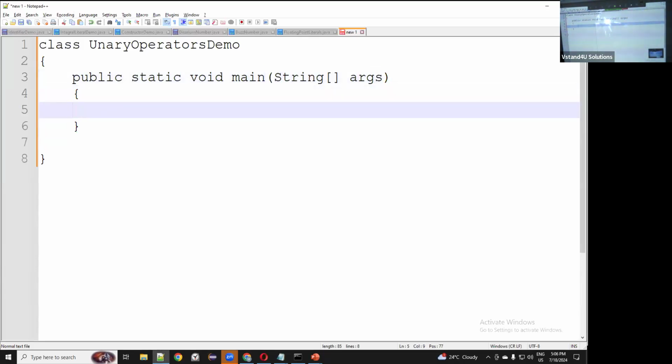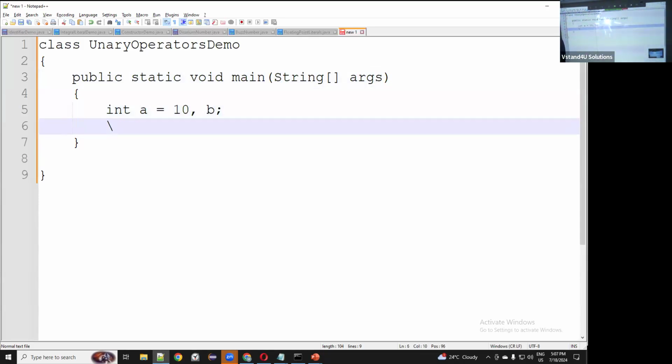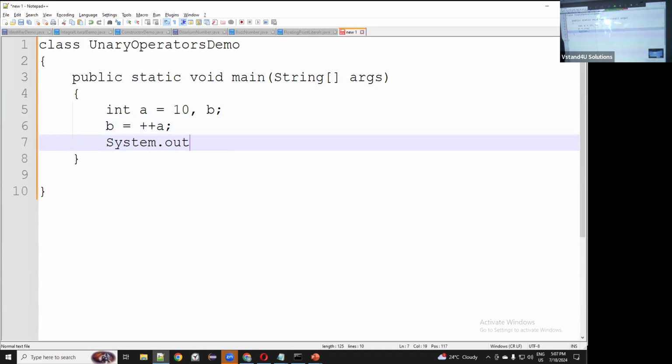Then let me take variables int a equal to 10, b equal to nothing. Agree? Then I'm saying b equal to, first you do the incrementation. Am I right? Then System.out.println, the value of a is equal to plus of a.